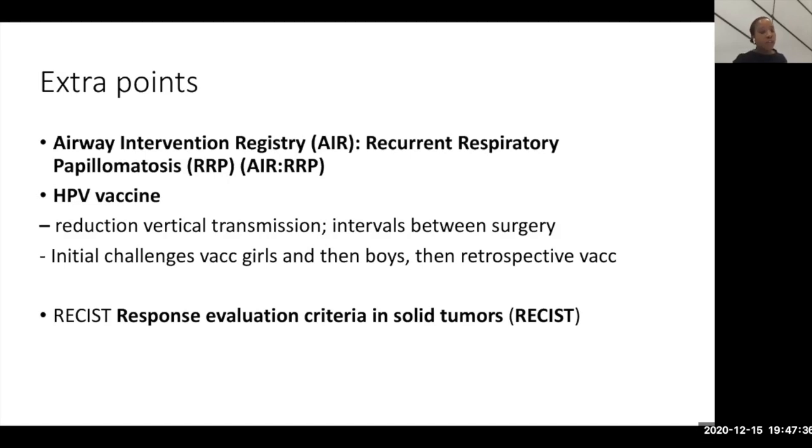And there are a few studies going on in RRP that are using criteria called RECIST, the Response Evaluation Criteria in Solid Tumors. This is typically used for malignant tumors, but certainly the Keytruda study is using RECIST as a way of grading whether or not there's a response to Keytruda. It's a very absolute, black and white way of determining whether a lesion is responding to a treatment. Those are just a couple of things that could earn you some extra points during your Vivas.